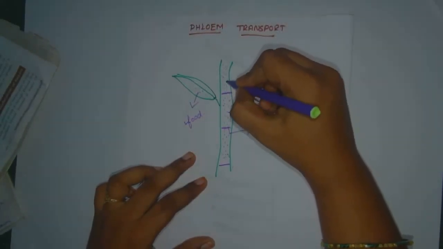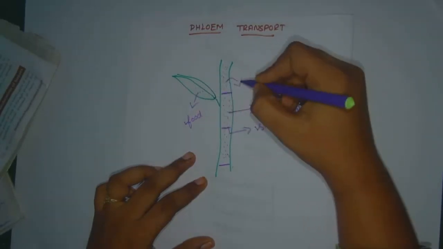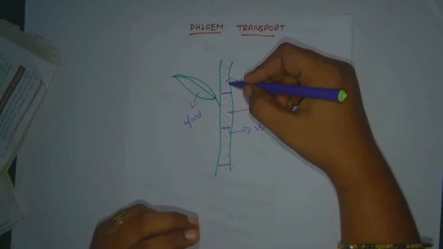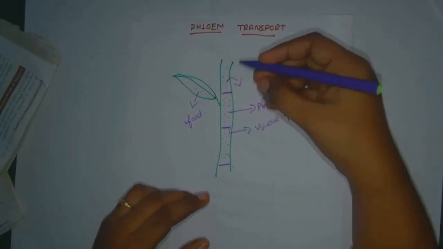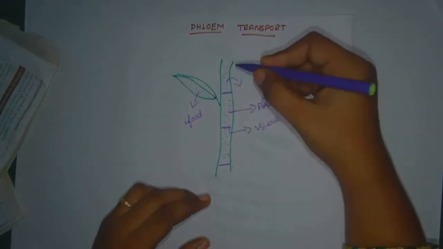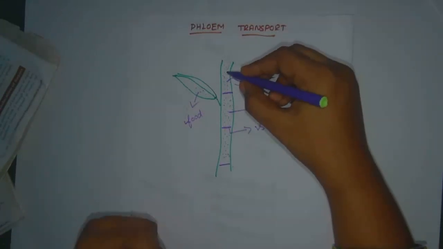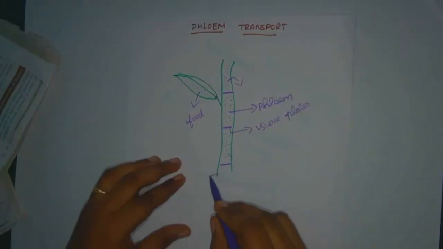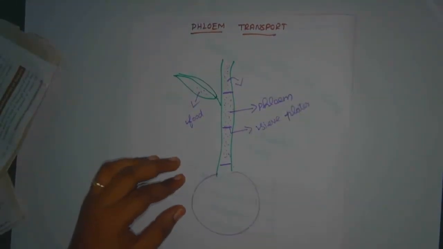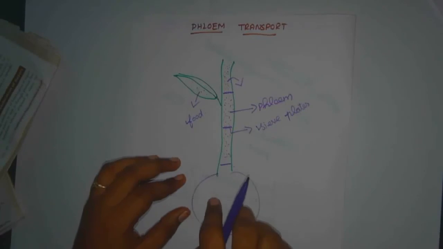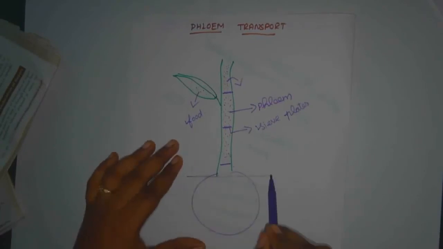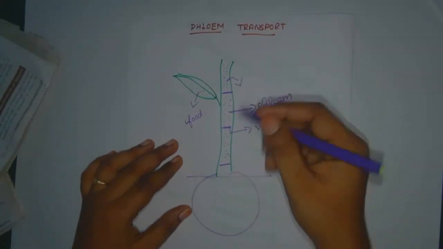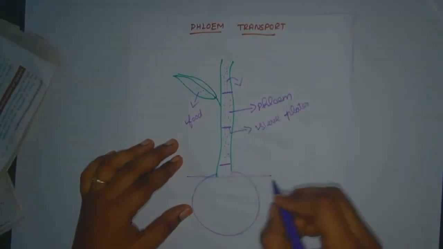Here they transport the food. It is synthesized, as we already said, by the leaves and stem. When needed only, they transport the food, but the source and sink direction is reversible also. Reversed means it depends on the season and the plant's need. For example, if it is a tuber plant, they store the food here only. Otherwise, if they are not a tuber plant, they transport it to all parts of the plant body. So they have two directions.